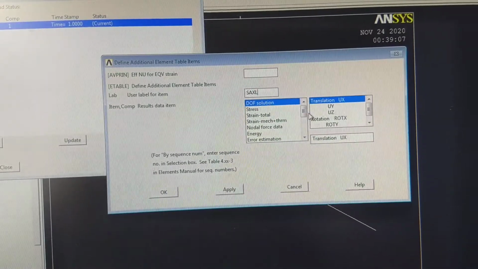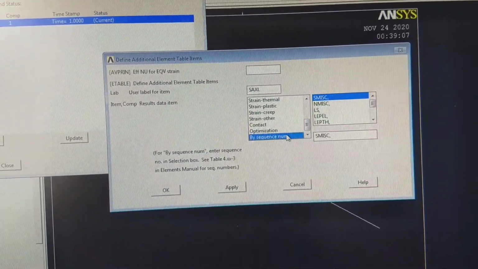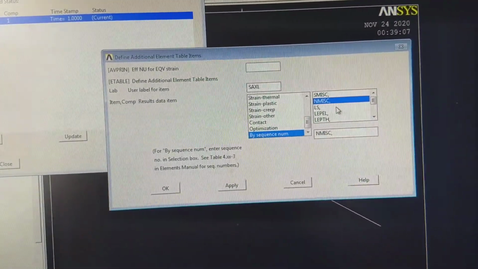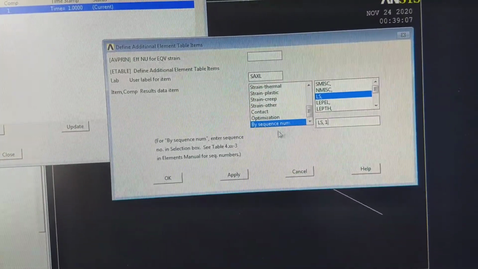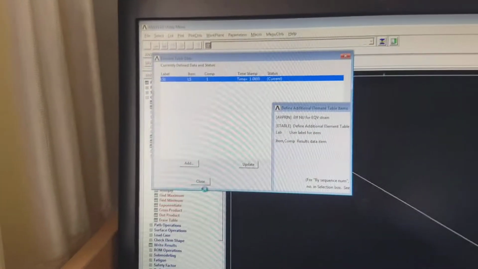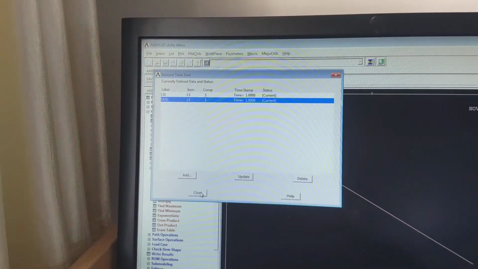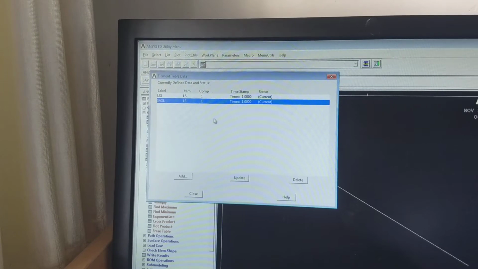Okay, and the remaining is the same, by sequence number LS. Okay, and close. And this you can delete.